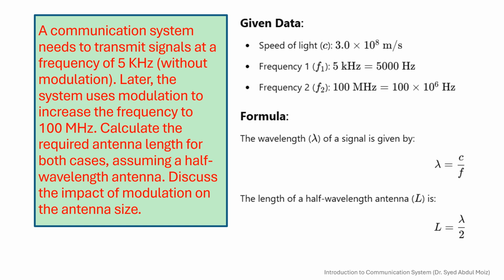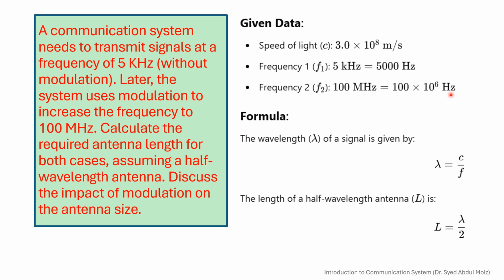Let's break it down. The data given is the speed of light, 3 × 10^8 meters per second. We have two frequencies, F1 and F2, and we want to compare the size of the antenna for these two frequencies. The first frequency is 5 kilohertz and the second frequency is 100 megahertz. Because our question depends on hertz, we convert 5 kilohertz into 5000 hertz and 100 megahertz into